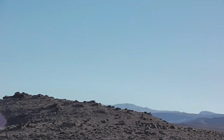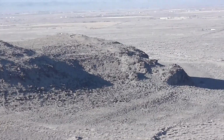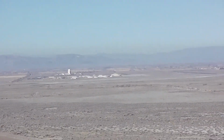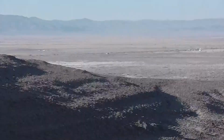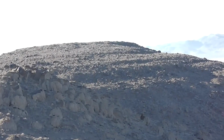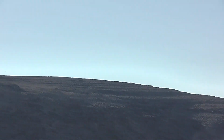And I don't see a path. There's probably a canyon that slips between us, that one and that one. So I don't know if I'm going to get across there today. But if we go this way, let me get my balance here. If we go this way, you can see Grimes Point right there. And of course, across the way is the naval base. And then I've been to the top of that one, and there seems like a fairly clean path to it. But the one I really wanted to get to was through that canyon, and then on top of there,